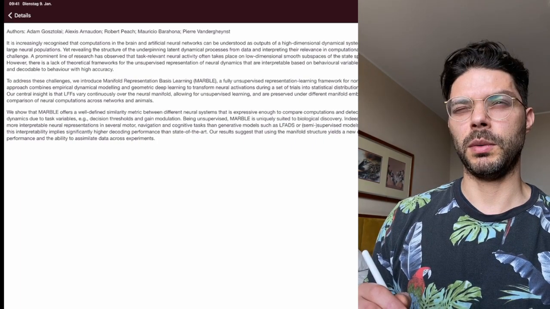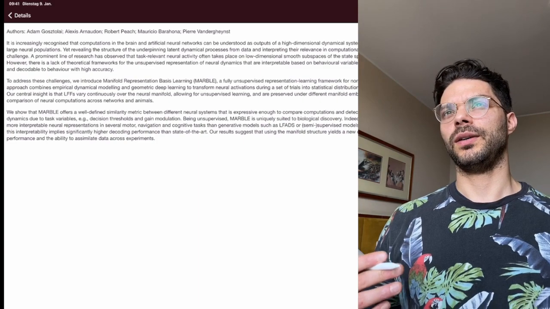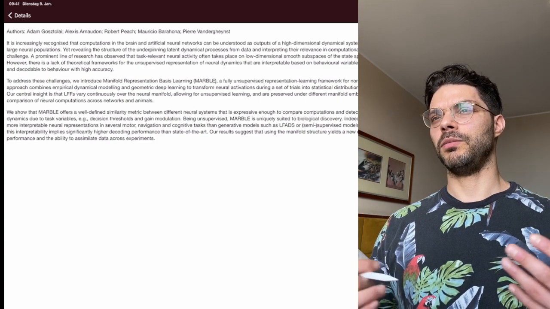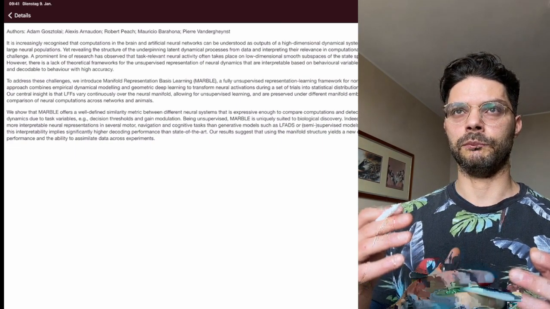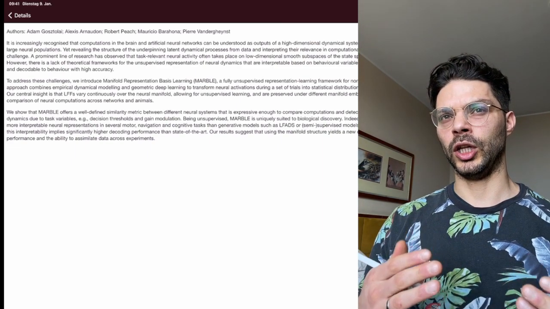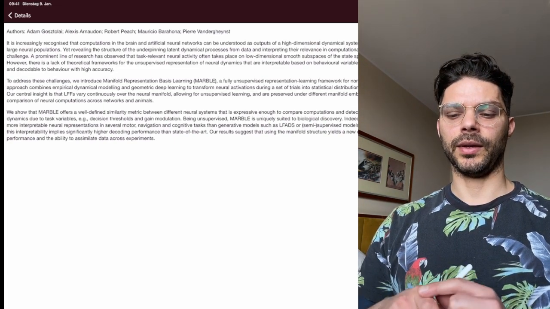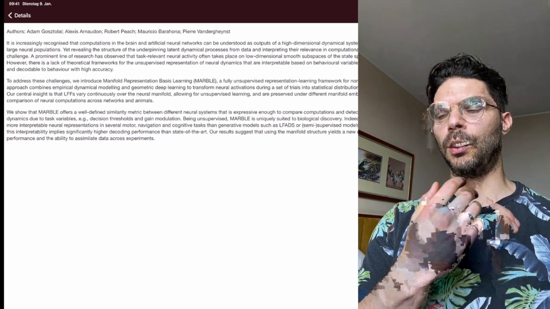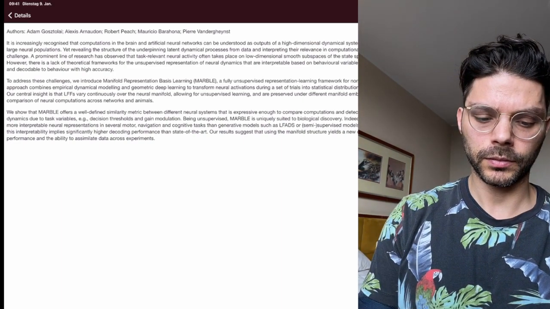Okay, so presumably you're going to see the high dimensional activity moving. You're going to see those points moving in a high dimensional space, maybe projected down to some manifold, and maybe you're going to learn the corresponding vector field that would underlie the flow that you observe. Maybe that's what they mean.